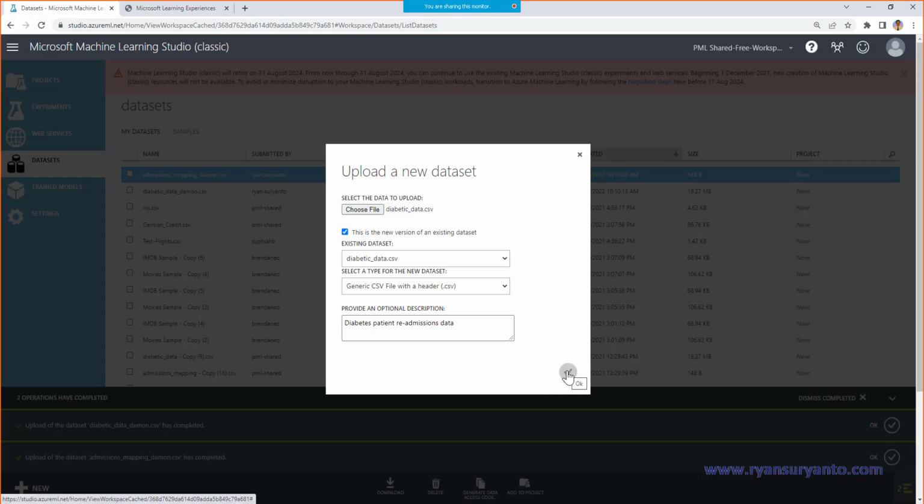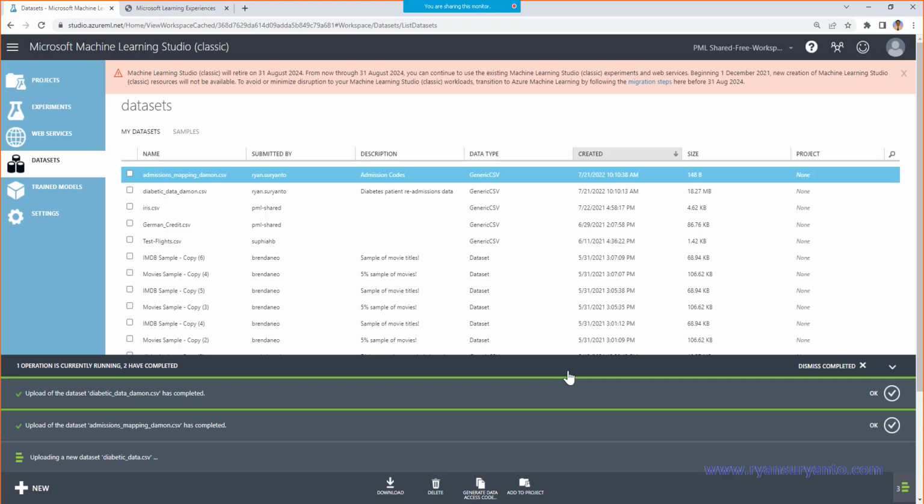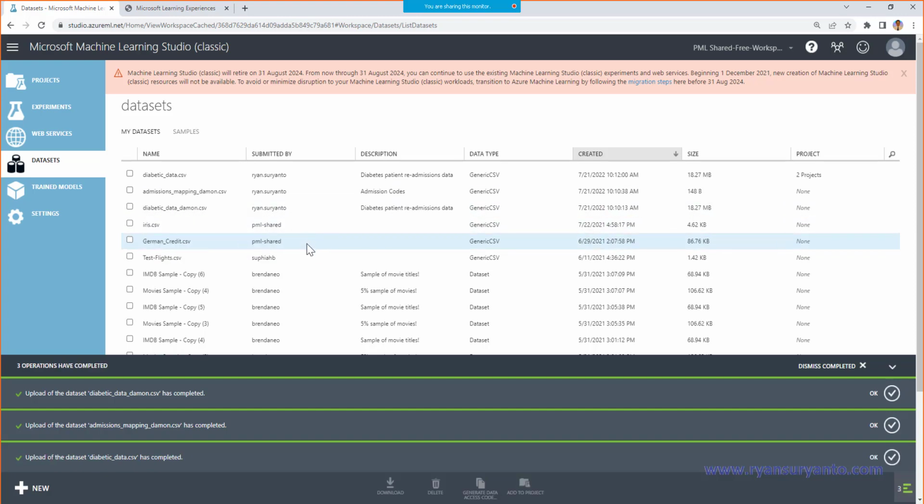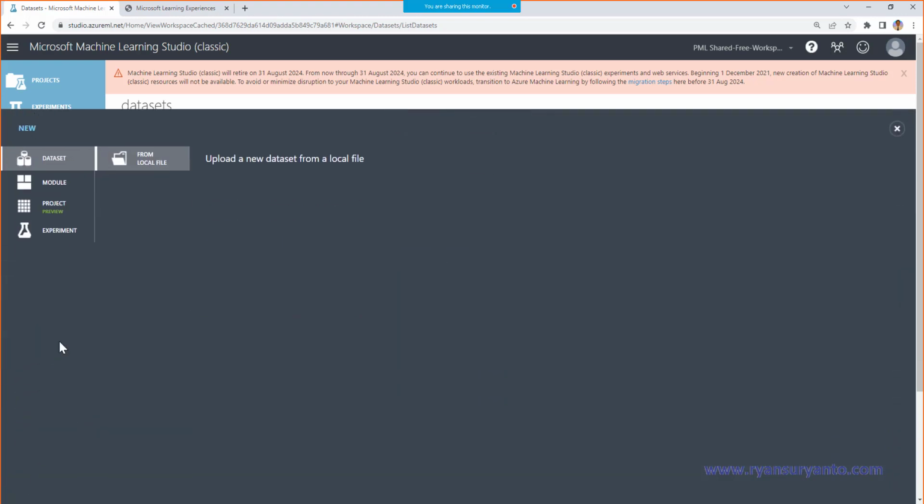Then click to replace. The reason is that I have uploaded previously, so this is just to replace. If you are starting from new, then you will not be able to see that file.